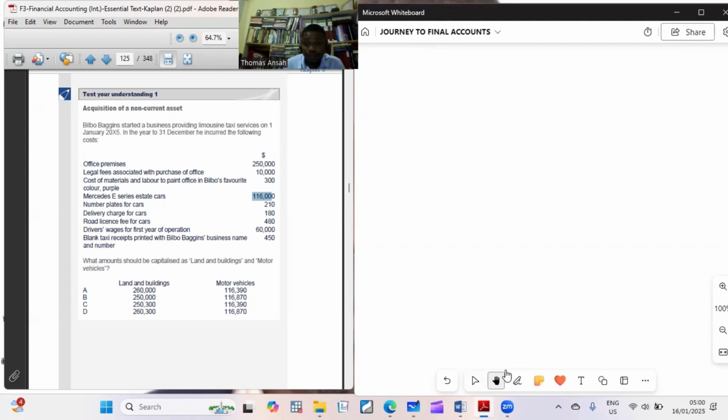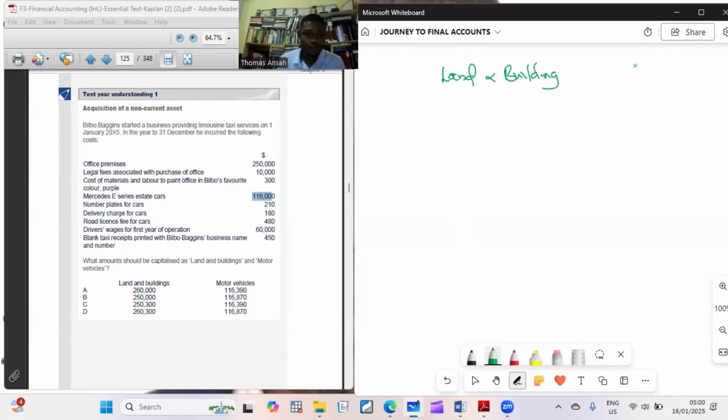So we are trying to learn cost. Here we have two assets: land and building, and motor vehicle. So what we are trying to do is to learn about cost, but usually you'll be given these costs directly. You won't have to suffer, but just in case. Then we have the motor vehicle, so we need to add up to see how much we will classify as part of our motor vehicle. When you pick the land and building, of course, the office premises,